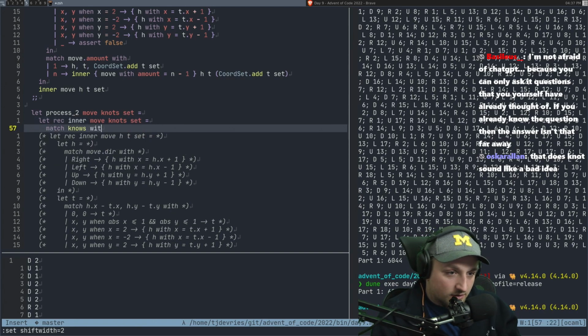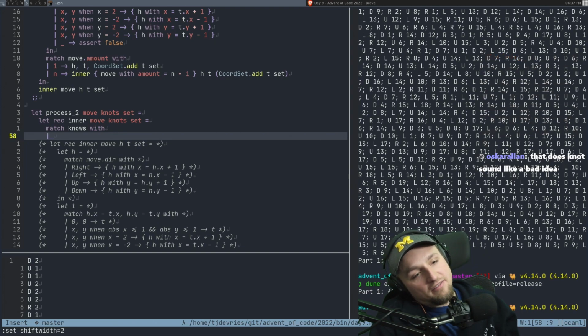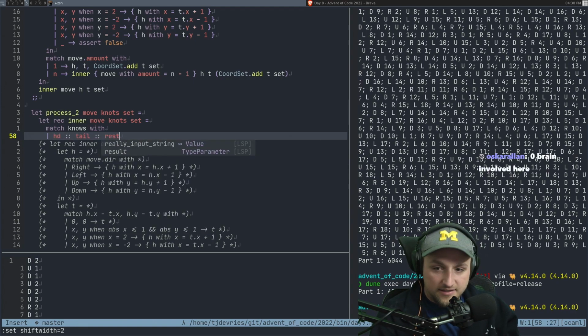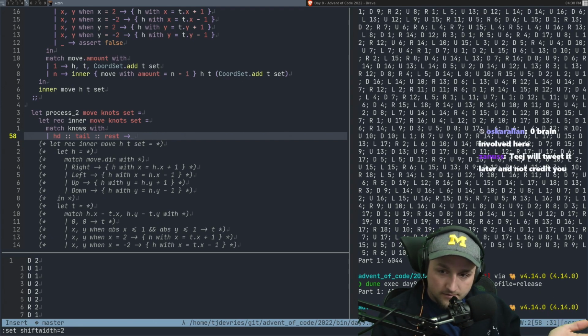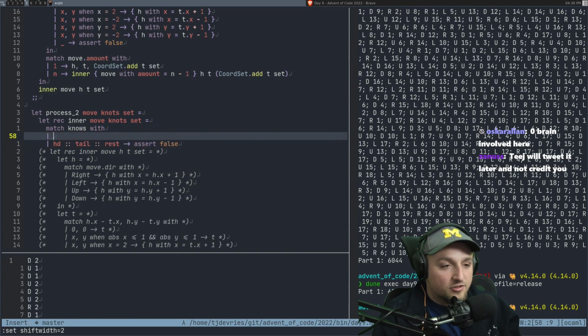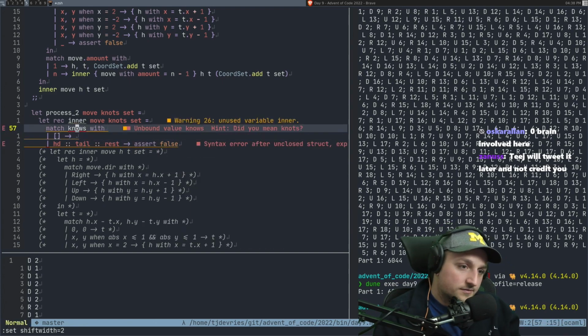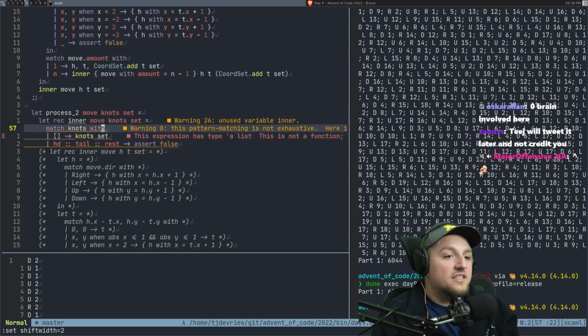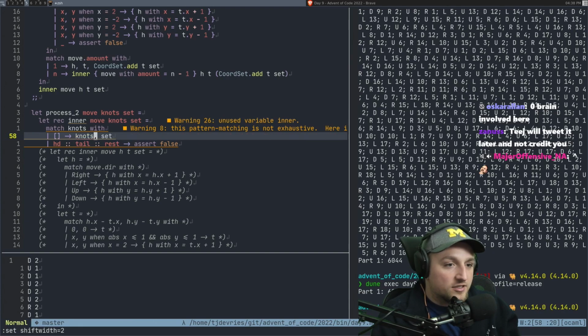Match knots with, and then you could do something like this, right? You'd have head, tail. Or you would basically do like what? Head, tail, rest. And then you would have like this. And then what would you return now? You could just return, I guess all we're really interested in the end is the set. But we'll probably return knots. Oh no, we need to also know what